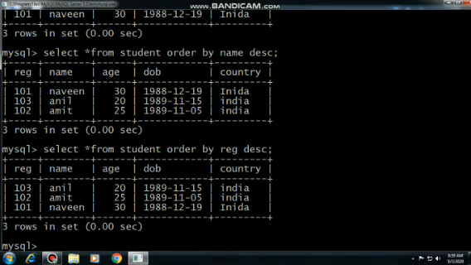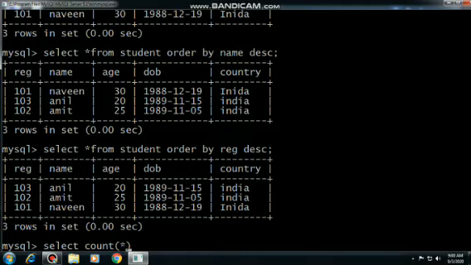Now we will discuss, suppose there are 1 lakh records or 2 lakh records. How can we know how many records are in the database or in the table? So you have to apply the count function. You have to apply the count function in the select command. So write select count, then apply the asterisk sign for all.